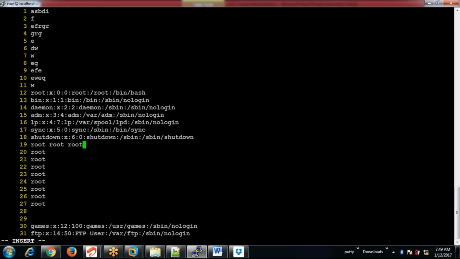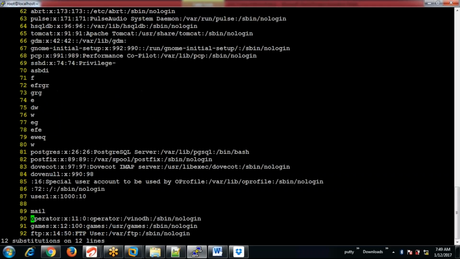Here also I have, and here also I have. So what I am trying to do here is go to the command mode, %s root, and change the keyword root as Vinod here. So 12 substitutions on all the 12 lines.